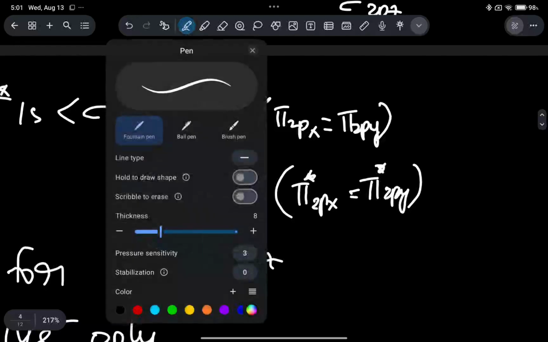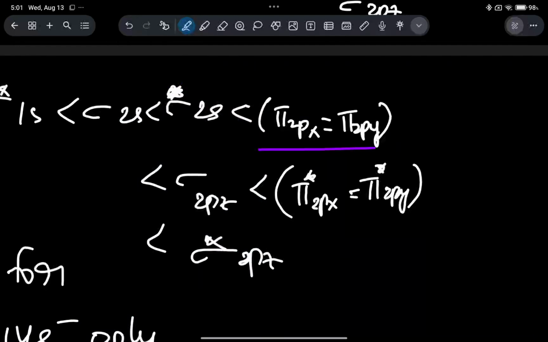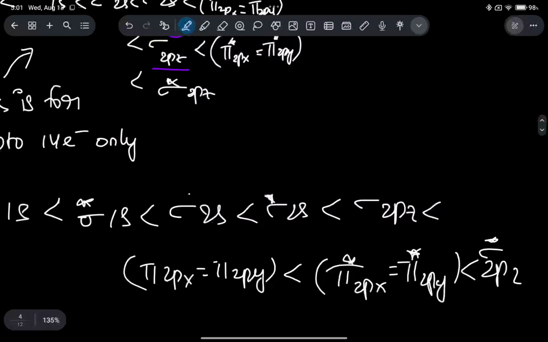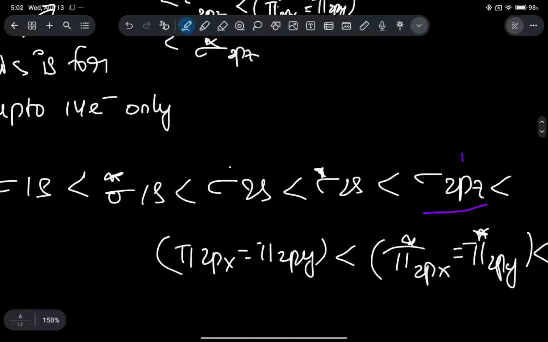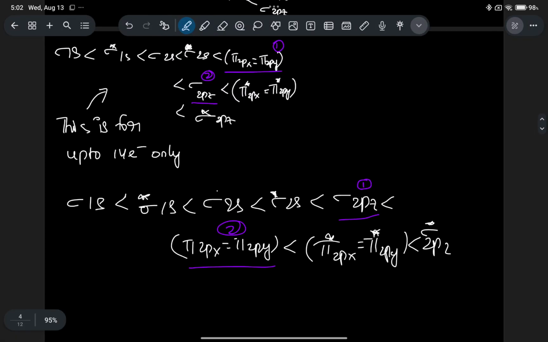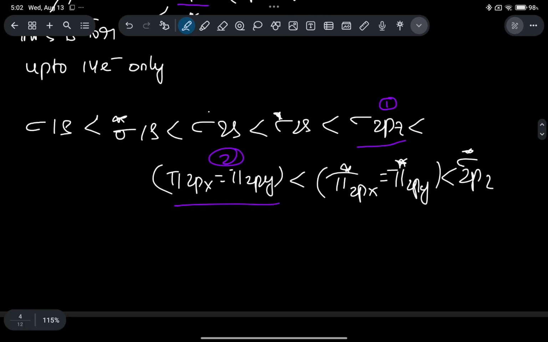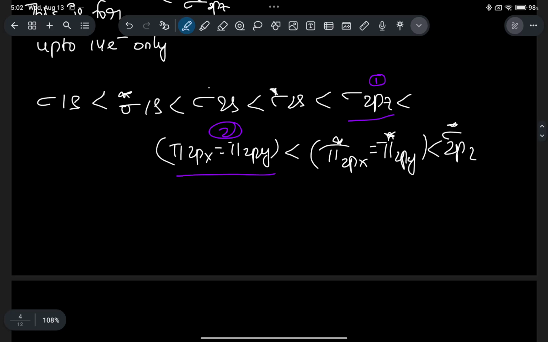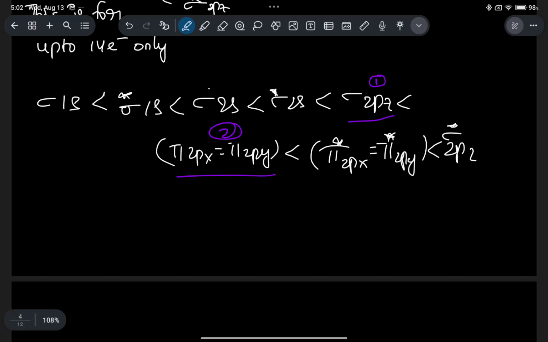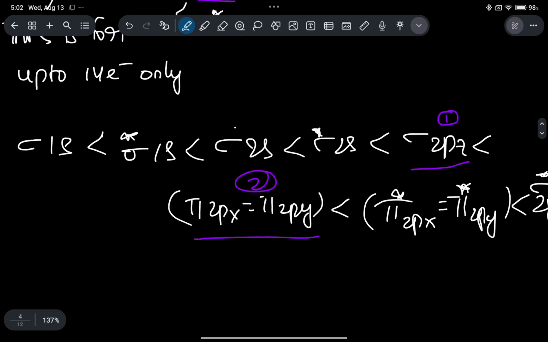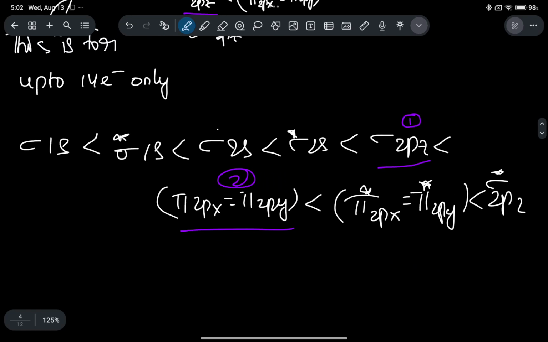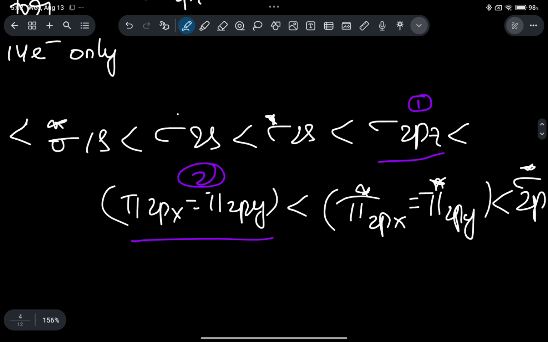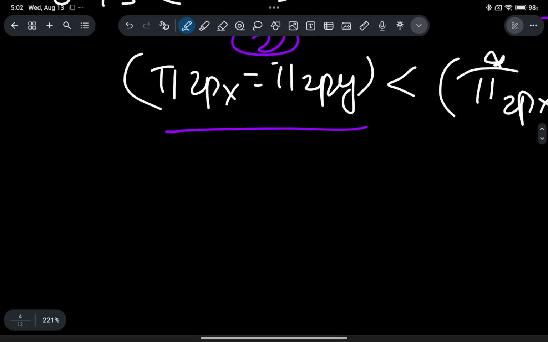If you see the difference here, I have written first this one, after this one. But what I have written here, first I have written this one, and second this one, and next the other numbers are constants, the same as before, so no need. You should know how to write this configuration: 1s2, 2s2, sigma star 2s2, 2pz2, and when we write the pi 2px and pi 2py,